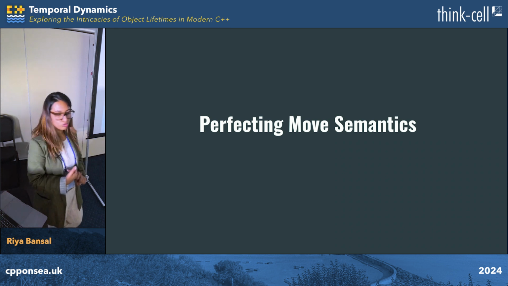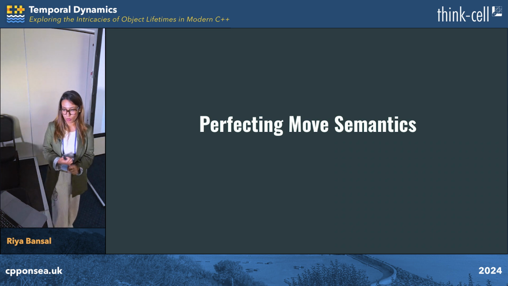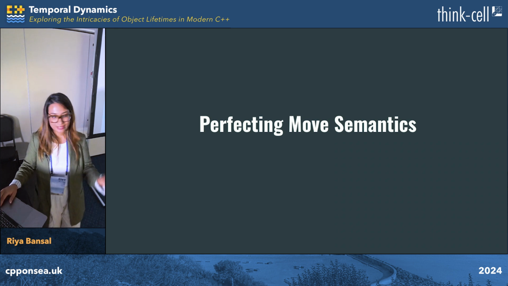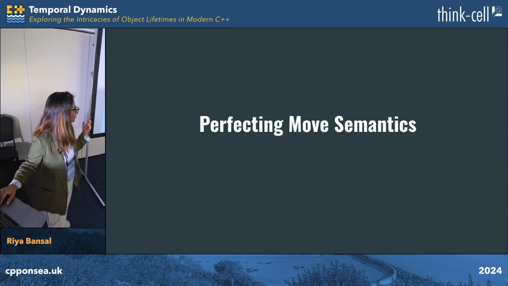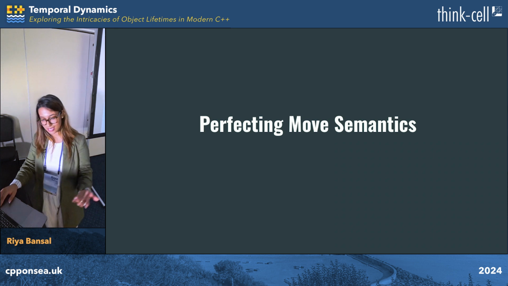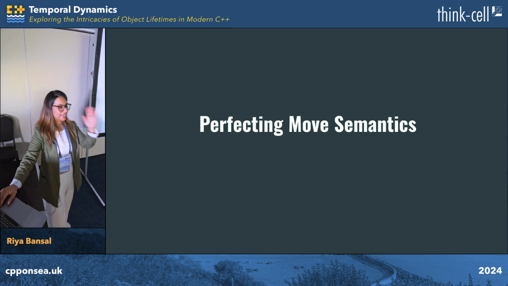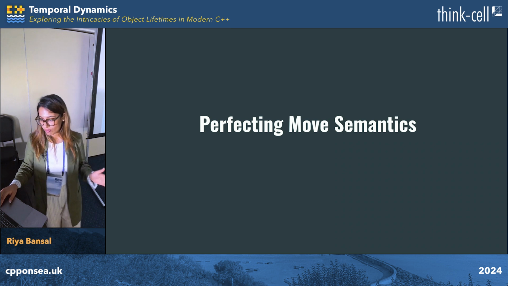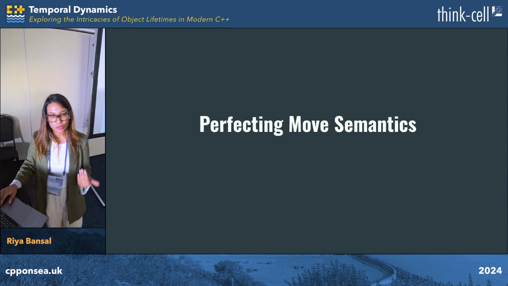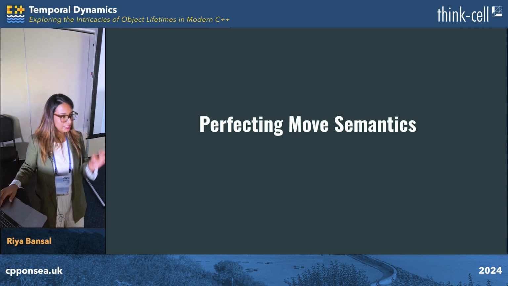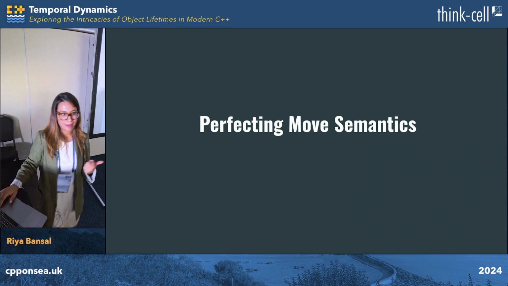Now we have understood the rule of 6 and the rule of 0, and they are helping us manage our resources effectively. We'll transition now to another aspect, which is move semantics. Move semantics takes your resource management to the very next level, allowing you to efficiently transfer resources, which is particularly important in high performance backend systems,